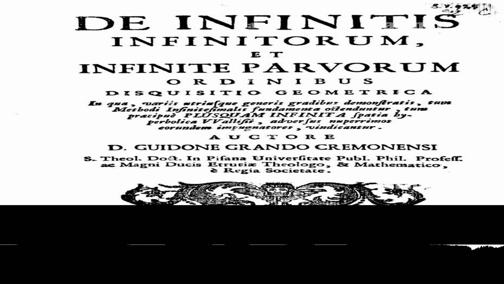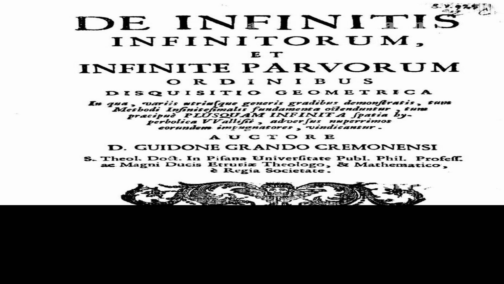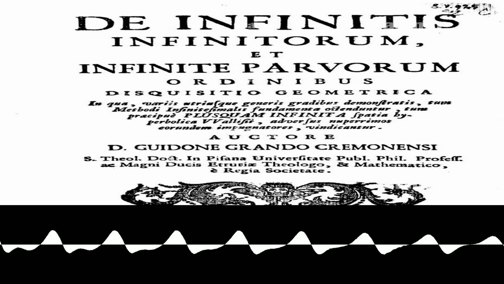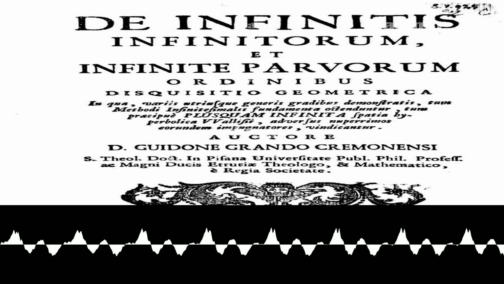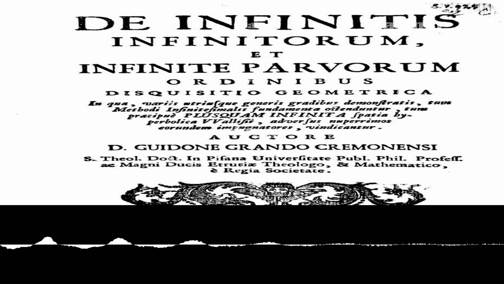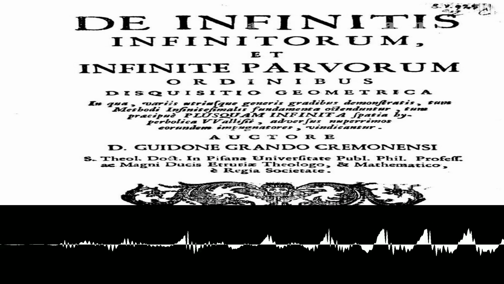The claim is that pi divided by 2 is equal to an infinite product of rational numbers. This product is structured as 2 times 2 divided by 1 times 3, all multiplied by 4 times 4 divided by 3 times 5, all multiplied by 6 times 6 divided by 5 times 7, and so on, continuing infinitely.